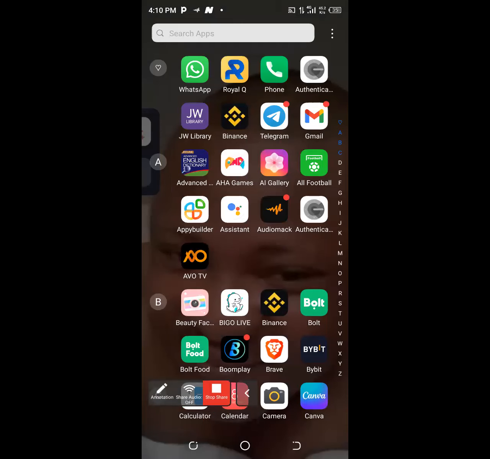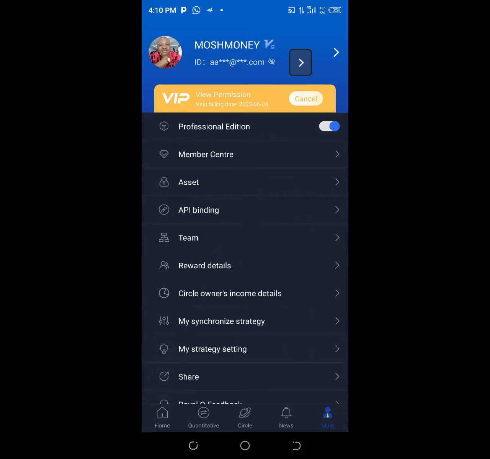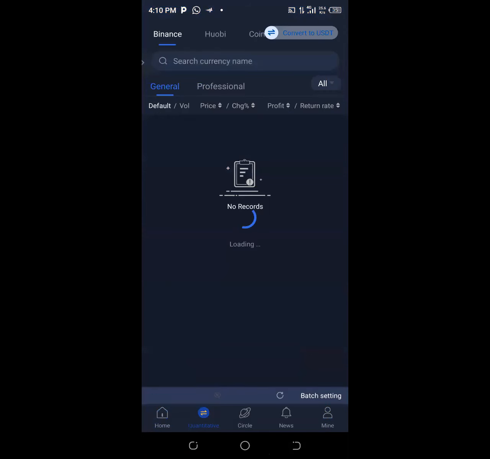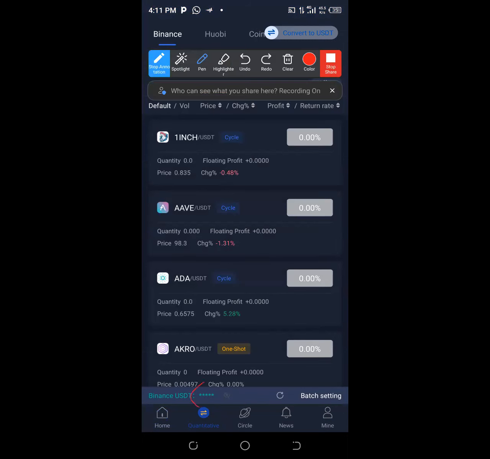All right. Let's go to RealQ. Okay. All right. So let's come to quantitative. Now ensure that you have a balance of USDT here. If you have USDT on your Binance, it's going to show here. Anytime you want to refresh to know whether you have balance, you click on this place to refresh. So once you refresh, it's going to show the real balance of USDT you have on your spot wallet on